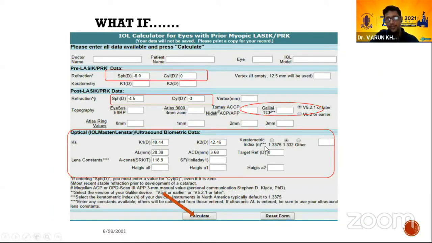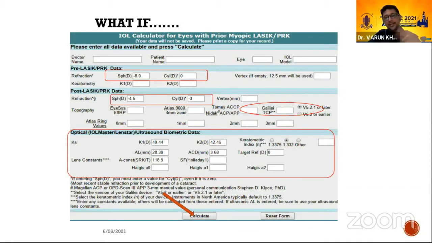What I would like to point out is that the K values here, again, you see that the flattening is not too much. If the flattening post-LASIK was in the range of 32, 33, 34, 35, then this probably might not work, because what these formulas actually do is subtract the present K value from a normative K value that they have calculated from their database. So in a sense, it works like a historical K value formula, but that is done at the back end. That is why they call it K-independent formulas, but in fact, they are engaging K values which are derived from the normative data.